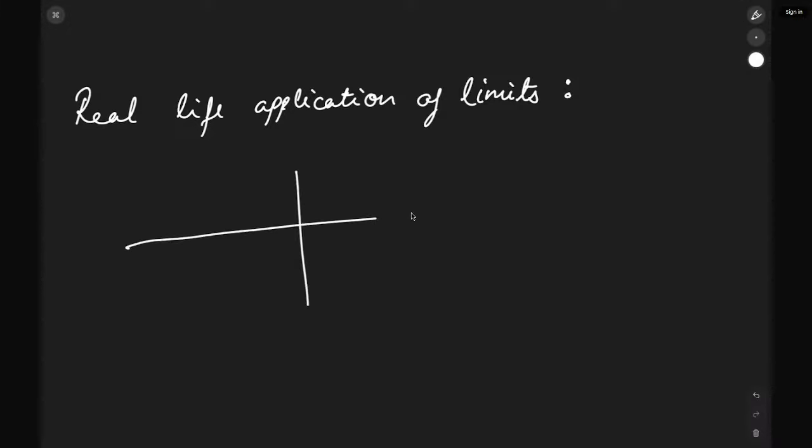All right, so I'll say that this is a function f and it is dependent upon time. Anything which is dependent upon time. Let's say it is the population curve. Let's say the population curve is increasing like this,